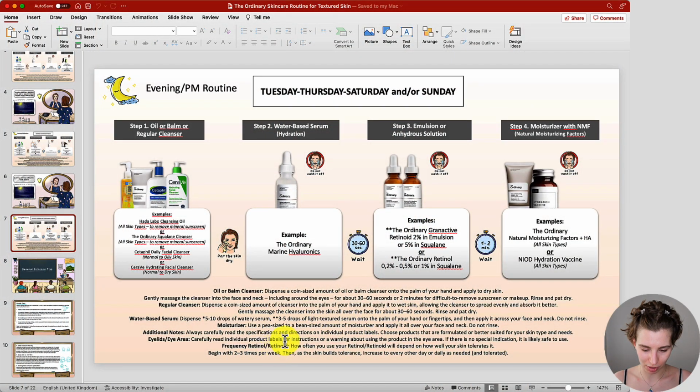And below in the general guide section, you have the frequency of a retinol or retinoid as well, if you just use that one, and how you can make sure that your skin is able to build tolerance to it the more often you use it. But again, the steps would be: apply it to the skin, leave it on the skin, and lastly the moisturizer with natural moisturizing factors. But there you go when it comes to the morning and evening skincare routines and how you can use the individual products when recreating the routine at home.